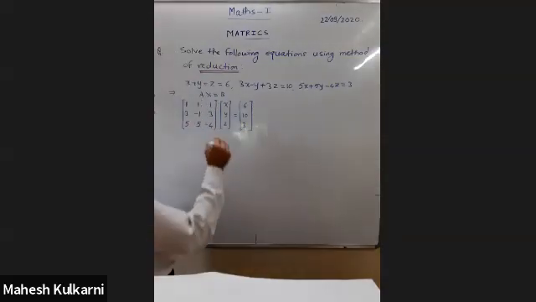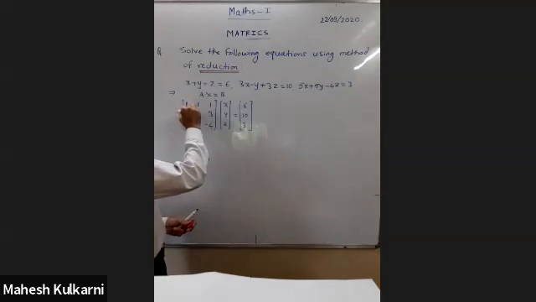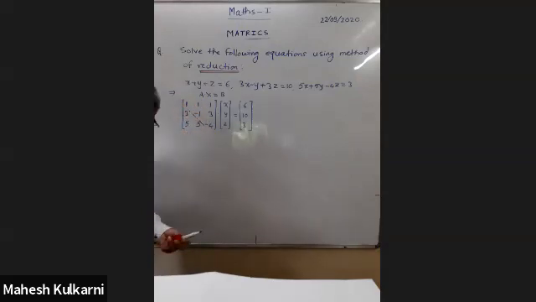What is upper triangular? What to do? Elements below the diagonal are to be reduced to 0. What to do? Put 0. Where? First we start from here. 3 and 5. So using